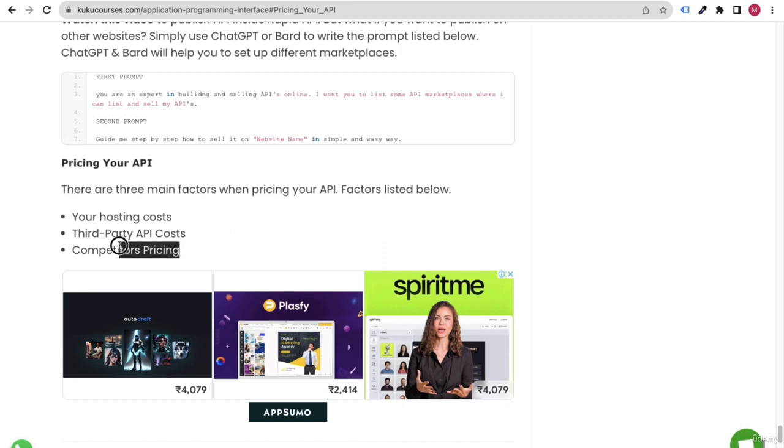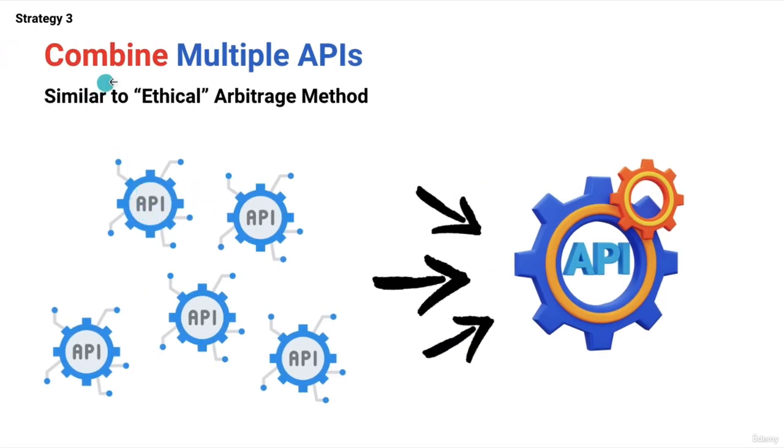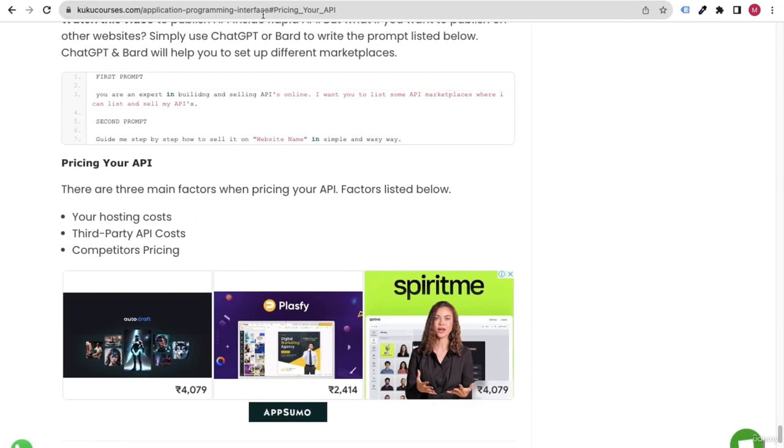And also make sure that these two factors you shouldn't ignore. Maybe you are using third-party APIs, as we have taught you in strategy 3, combining multiple APIs to create our own custom API. So in that case you are going to use other people's APIs, taking some features from this API and some from that API. There also you will have to purchase their API, right? So make sure you also include this cost from the third party